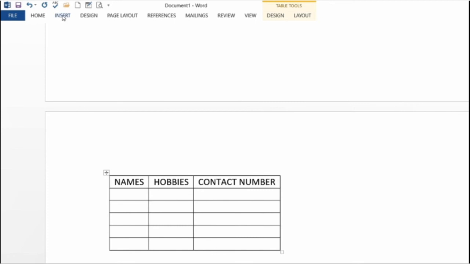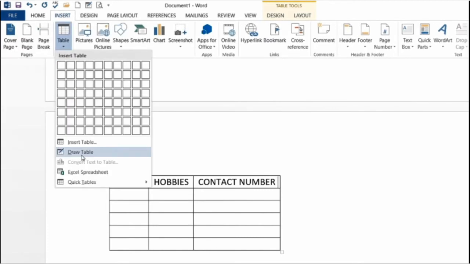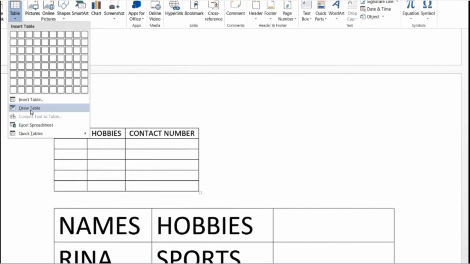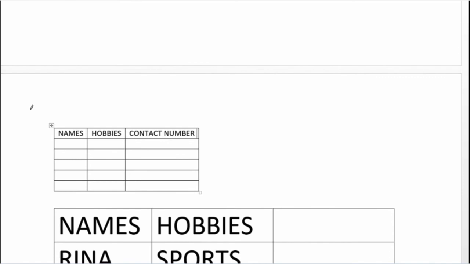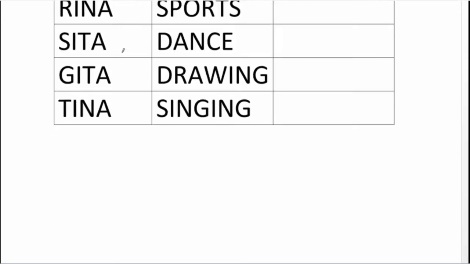Now same way, if we take the last one, draw table. This is very interesting. In the first two options where you were selecting with boxes directly the number of rows and columns, or inserting the table directly, a table was getting created in your application area, and you were ready to type the text in that table.